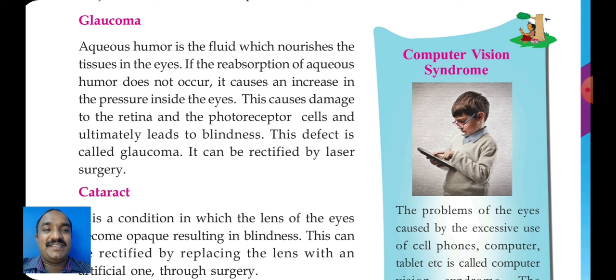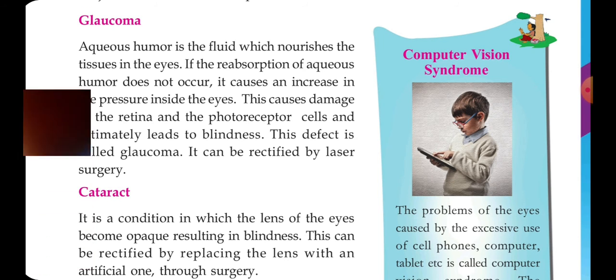Okay. So, glaucoma: how is it caused? When the reabsorption of aqueous humor is blocked, pressure increases inside the eye. That is glaucoma. What is the symptom? We will have pain in the eye, and pressure in the eye. Those are the symptoms. Then what is the treatment? Laser surgery. Okay. Next part, that is